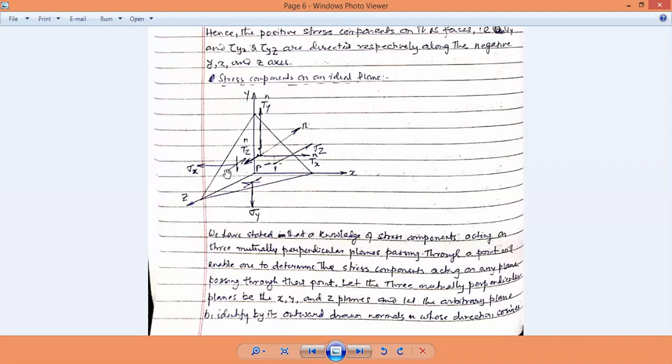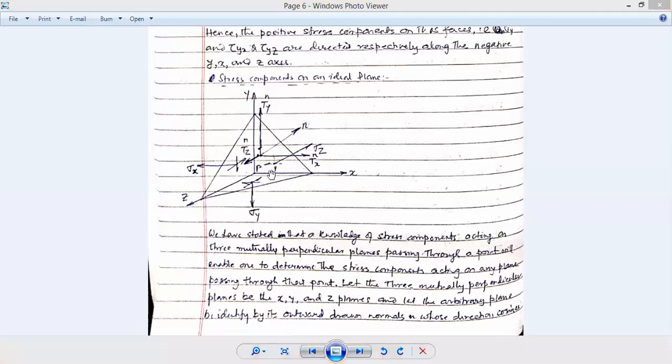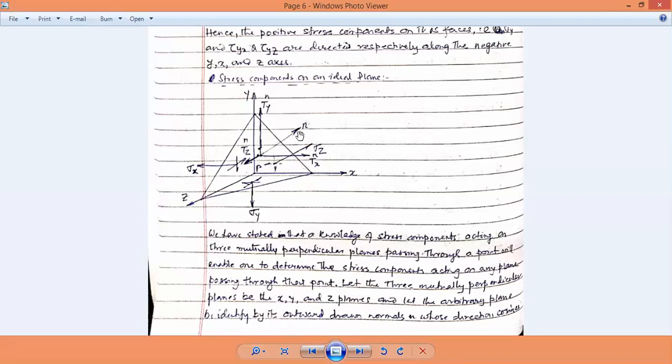And let the arbitrary plane be identified by the outward drawn normal n. It means all the planes are known by their normal n, and whose direction cosines, it means if you have a normal n here like this, if you have a normal n here like this, then its